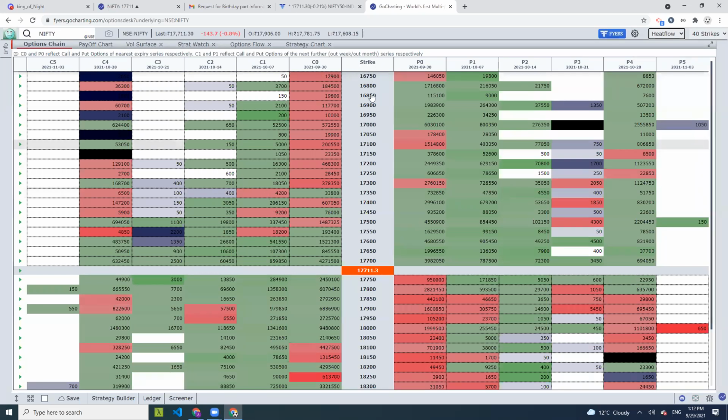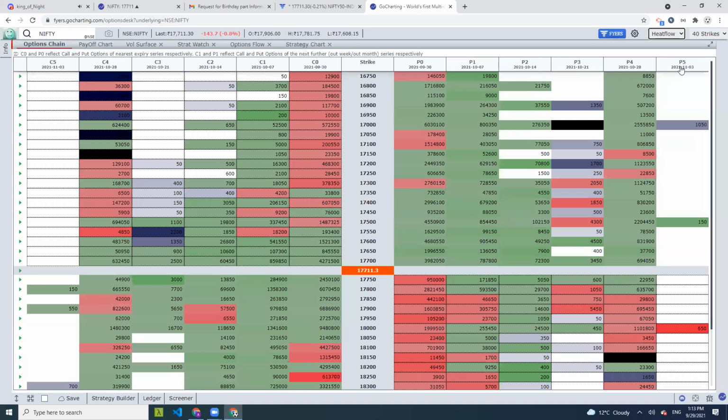This is the strike price, and the left hand side gives you the calls, all the calls across all the series. This column is giving you the call for the series that is going to expire tomorrow. This is giving me all the calls for the series that will expire 8 days from now. This is the series that will expire on 14th of October, and so forth.